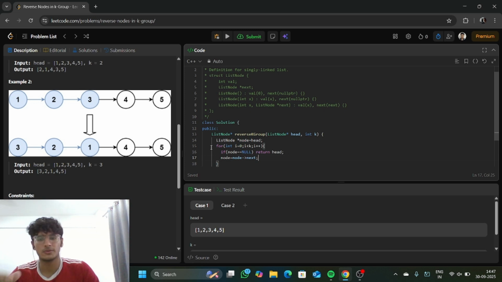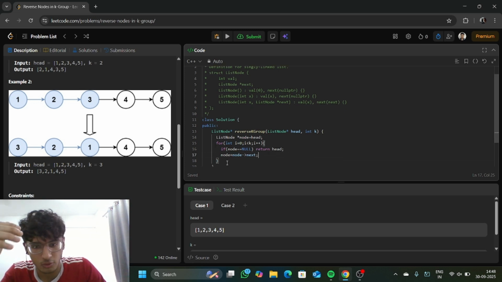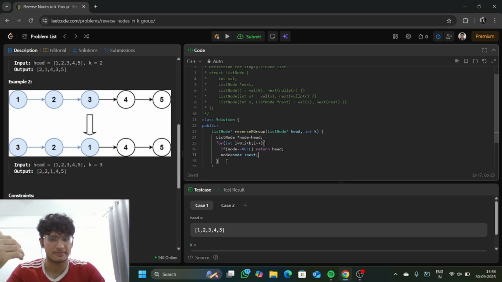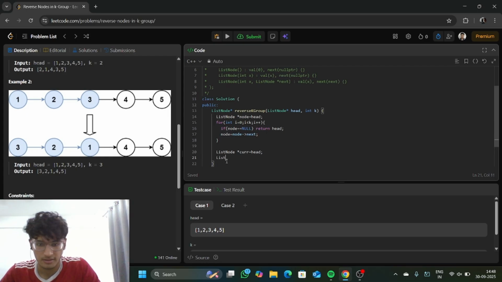So what it will do is that in this first for loop, the node pointer is going to store the next of the node, and unless and until i is less than k, it will keep on traversing so that we get our k elements. After we get our k elements, firstly we are going to reverse them, and as we all know, for reversing we need a current and a previous,